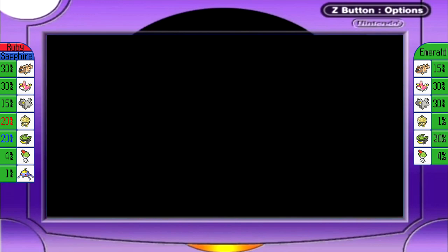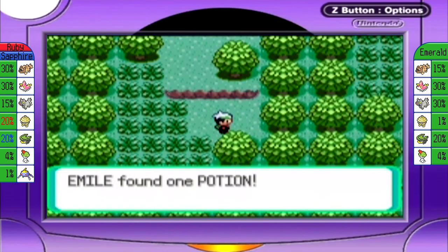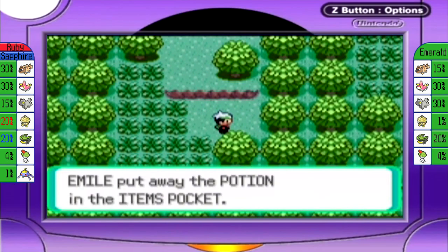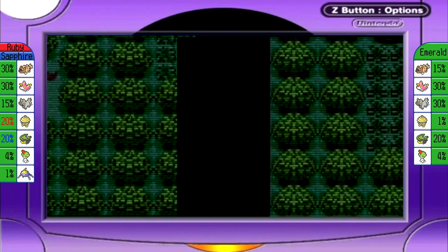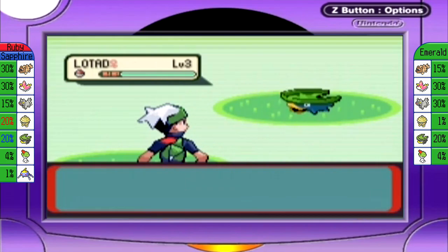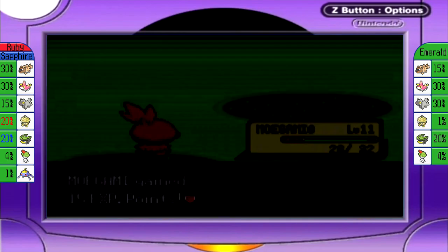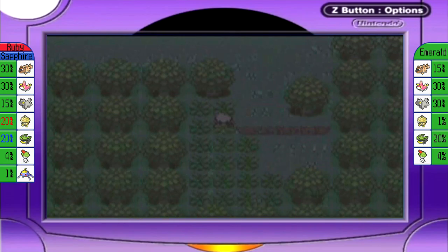And hey, I got $64! Woo! Favorite number. And here we got an item. We get yet another potion. So that's 3 potions we've gotten for free now. We haven't needed any of them. If that Lotad was level 4, that would have just been a kick in the face, dude. Okay, so now...